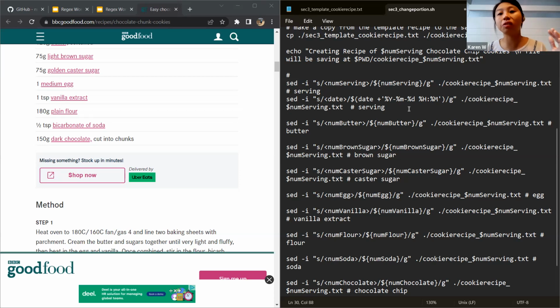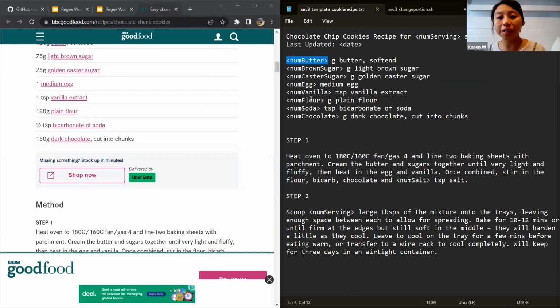You don't need any software; it's already in the computer. So in here you can see what is happening: you're taking the number of servings from here.